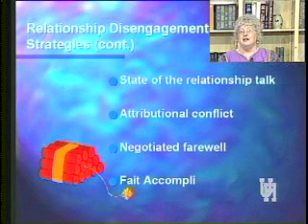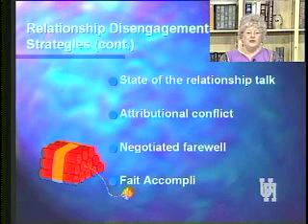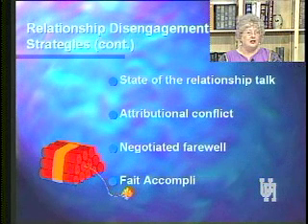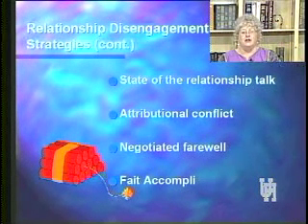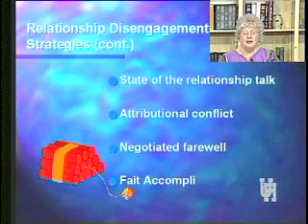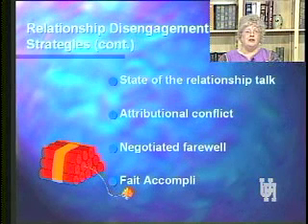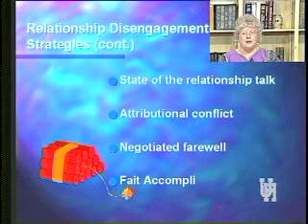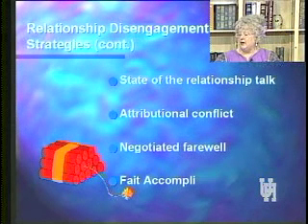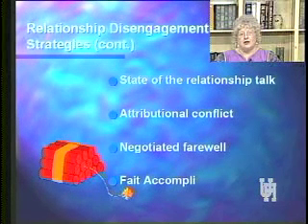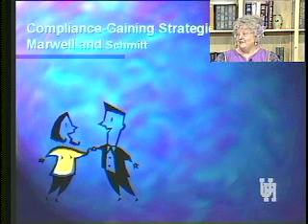Now, it is done, it is accomplished when you come into your office and the pink slip is waiting for you. Or the spouse walks into the other one and says, here, I file for divorce today. You know, it's over, it's a done deal, and it's happened rapidly and quickly and without negotiated farewell, without taking the time for any of these other strategies that we've been talking about. It's simply over and it's terminated. Okay? And all of these are ways that people get out of relationships, and that one in particular will get you out of a relationship in a hurry.